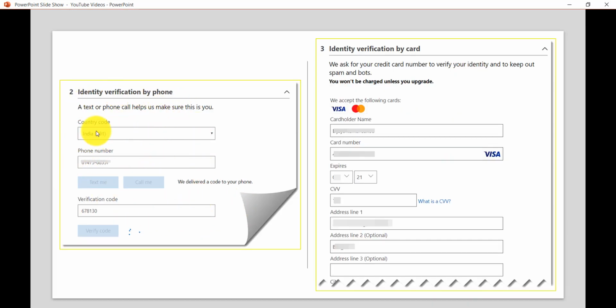So this is quite important. You have to put a valid phone number, because either through call or through text message you have to validate it. In this case I put the verification code and then clicked on that, and it verified. And next thing is the